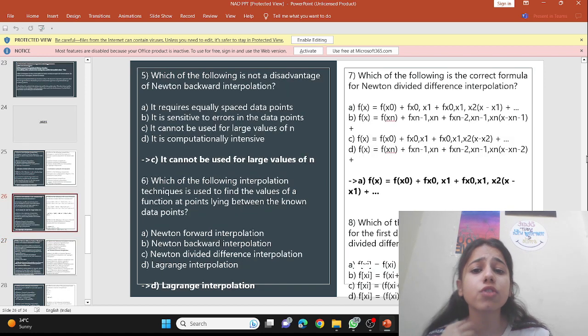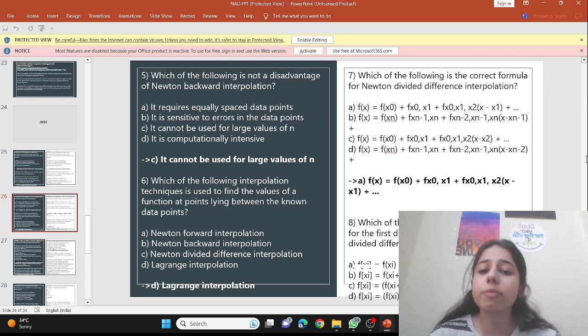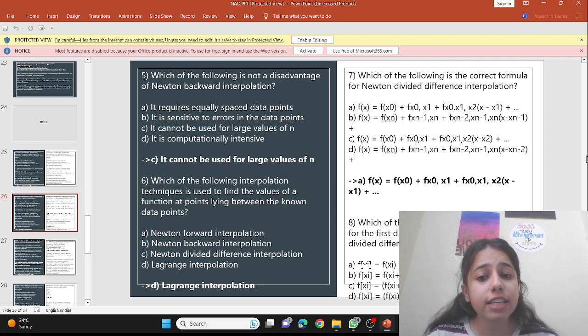Fifth question is, which of the following is not a disadvantage of Newton backward interpolation? Again, we have to check the advantage of Newton backward interpolation. Our given options are: A, it requires equally spaced data points, B, it is sensitive to errors in the data points, C, it cannot be used for large values of n, and D, it is